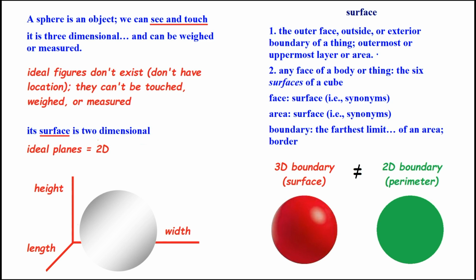And if you use the boundary of a three-dimensional object, such as a sphere, versus a two-dimensional plane, like a circle, well, those boundaries are not the same. They're not the same notions, okay? So the word boundary needs to be defined a little more precisely so that we know what they mean by surface. And of course, what this shows is that mathematical physics never defined words scientifically. Never. There's not a single definition which is scientific in all of mathematical physics.